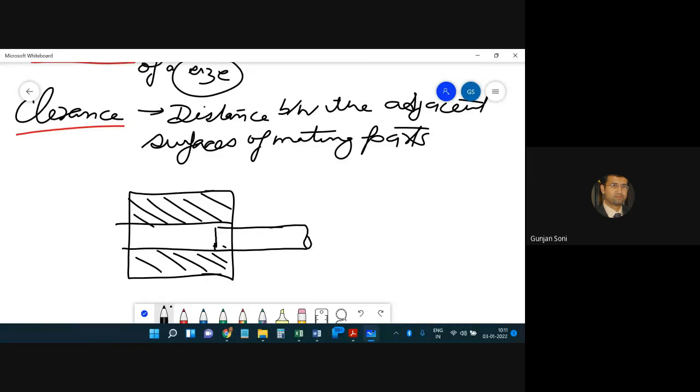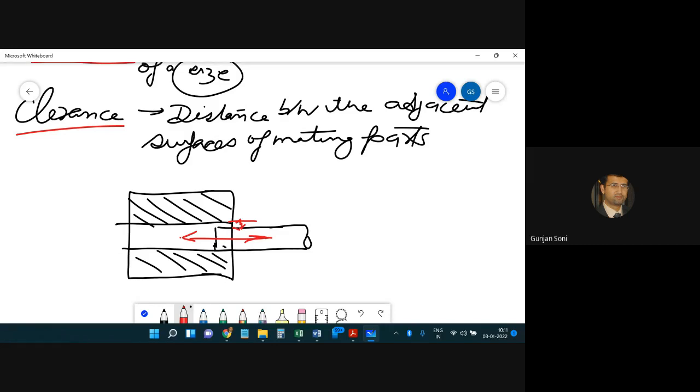Okay, it has been assembled in this. So we can see that this gap which you see is called clearance. Okay, and the fit over here is a clearance fit because it can slide inside and outside the hole. So the fit is a clearance fit over here, and the tolerance would be that,